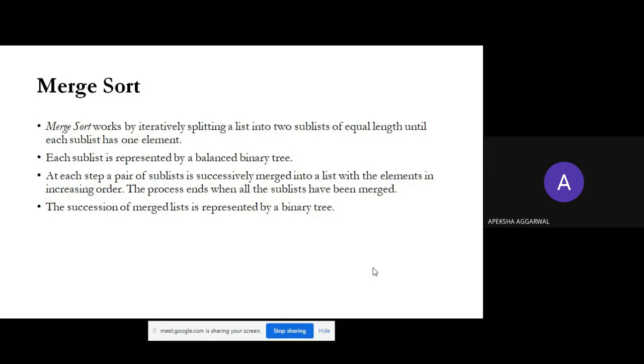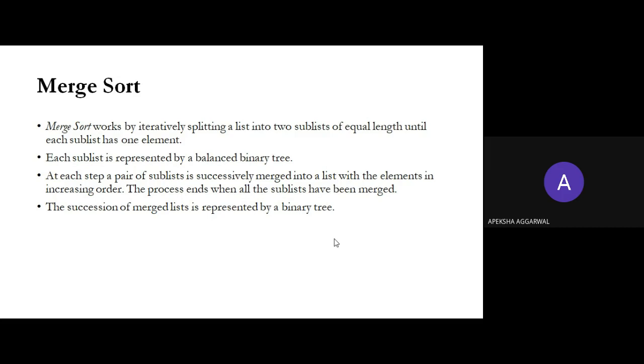Okay. So merge sort. We will start with lecture 14 later on. First of all, we will have a look at merge sort. This was the last topic left in the previous class, right? So what have we discussed in the last class? Anyone? So we had discussed recurrence, right? And we had discussed binary tree.